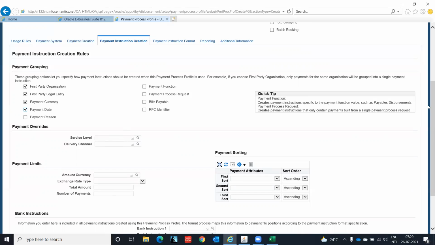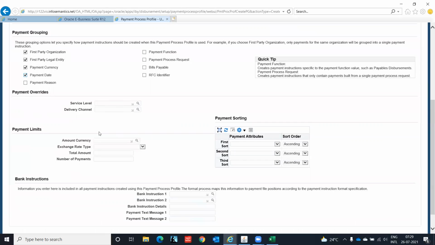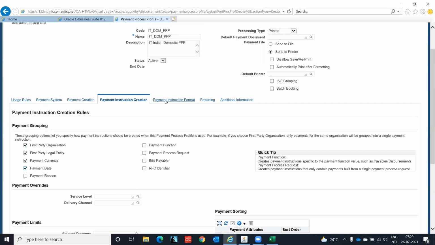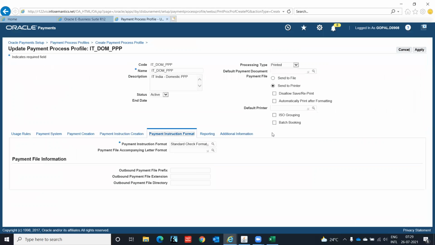Payment sorting, payment amount limit. If you want, you can set the amount limit also. And bank instructions. If you have done the setup of codes, then you can very well add the bank instructions code over here. Then payment instruction format. Standard check format, or I am going to use nothing else. In the reporting,